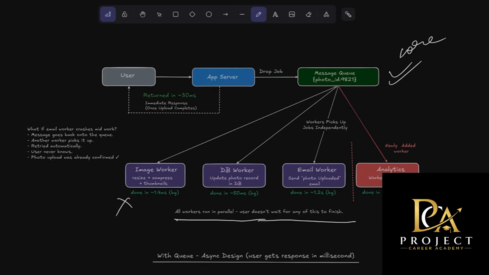Now, when it comes to message queue systems, there are commonly two used solutions, RabbitMQ and Kafka. RabbitMQ is mostly for background jobs and traditional task queues, request processing, and Kafka is mainly used for event streaming, real-time analytics, large-scale applications. Let's spend some more time on Kafka. Kafka is not just a queue, it is basically a distributed, persistent event log.